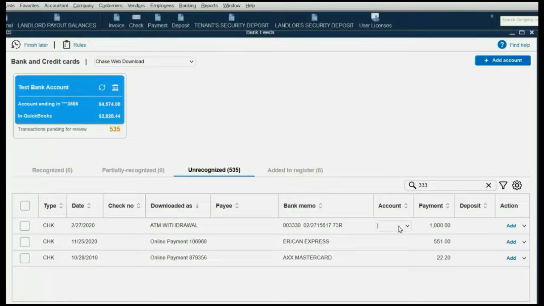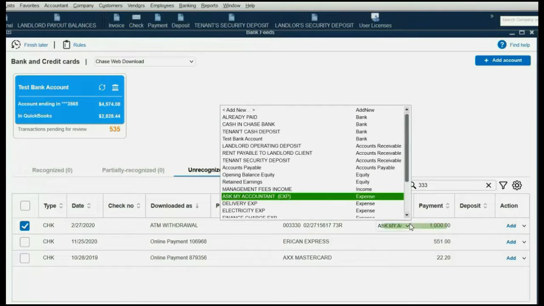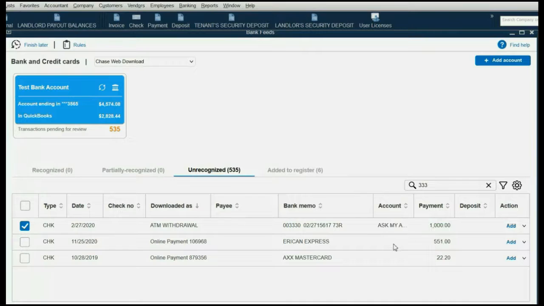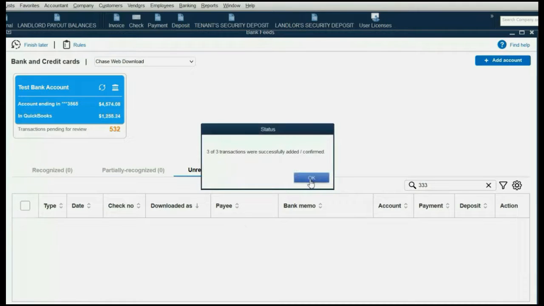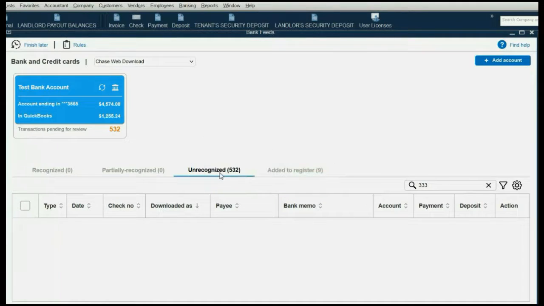So I can put in the account I want, Ask My Accountant, Ask My Accountant, and Ask My Accountant, or whatever expense account goes there, and as long as you click the top box in the left, all of the items that were selected by the search will be chosen, and you can go back, Batch Actions, Add Confirm, and now 3 have been entered, and there's only 532 remaining to be